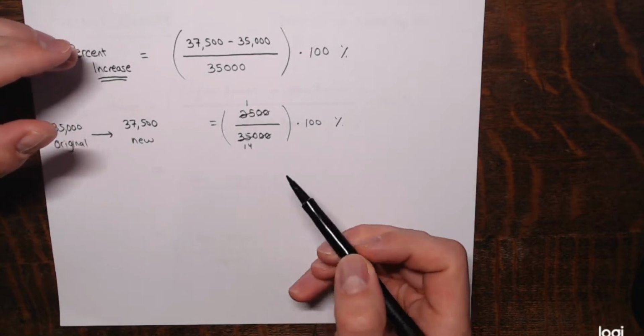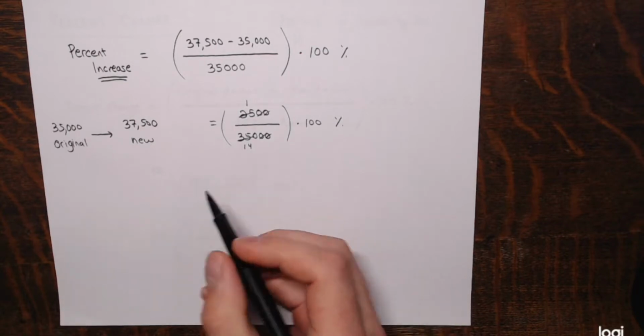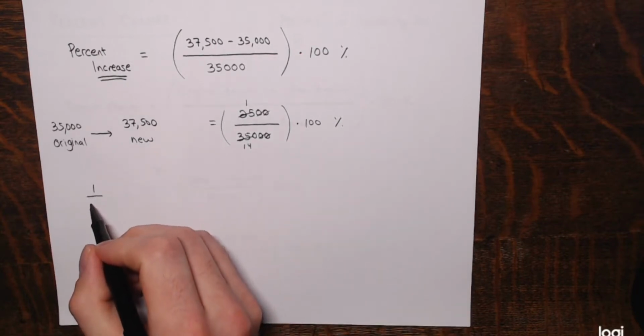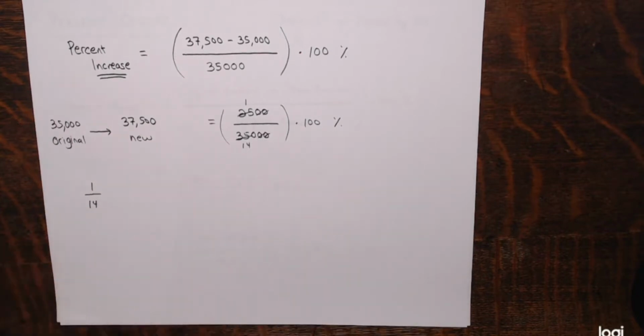Alright, and if I divide 1 by 14 on a calculator, so I'm just doing this off to the side in my hand calculator, 1/14 or 25 divided by 350, same thing,